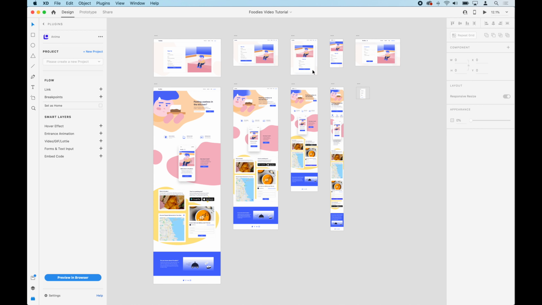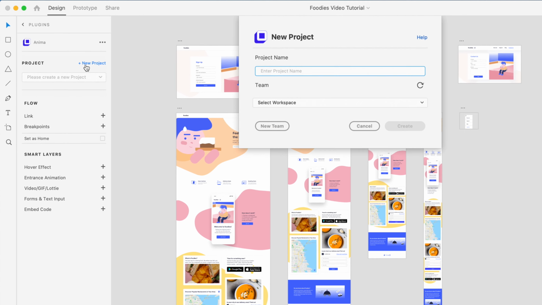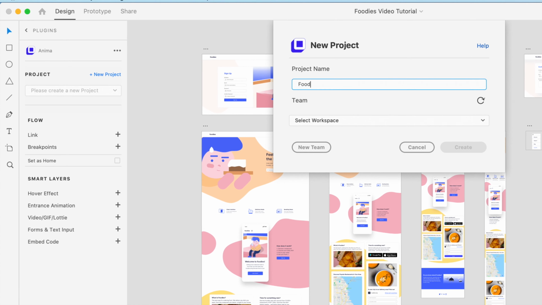Now we'll create a project. There are two ways to create a project. One way is to create it from the web app, or you can create it directly from the plugin. Since we're already here, let's create it from a plugin. The first step, click the New Project button, enter the name of the project,